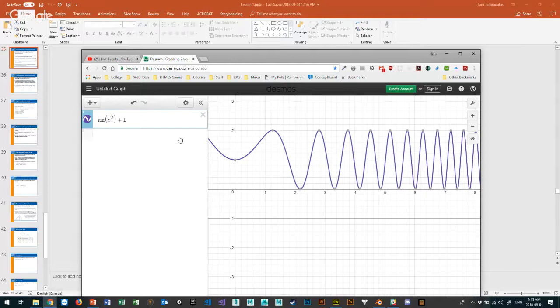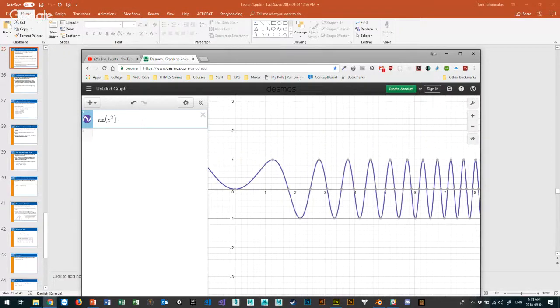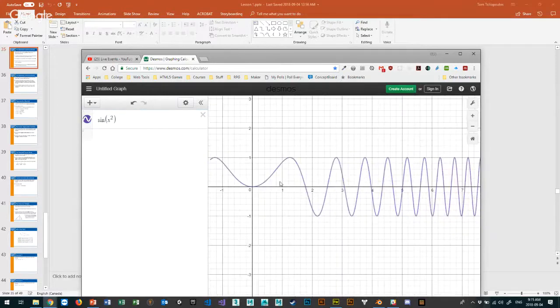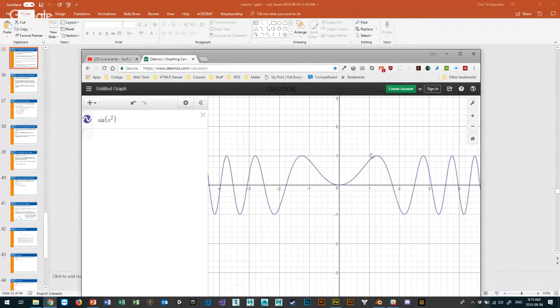But you see the sinusoidal graph is the same interval after we get to a certain point. See this plus 1? Plus 1 actually shifts the graph to the right. Let's get rid of that. You can see now it's less of a shift, actually it shifts it up, sorry. So why does this look like this? Does anyone have an idea why we have a graph that kind of bows in like this?